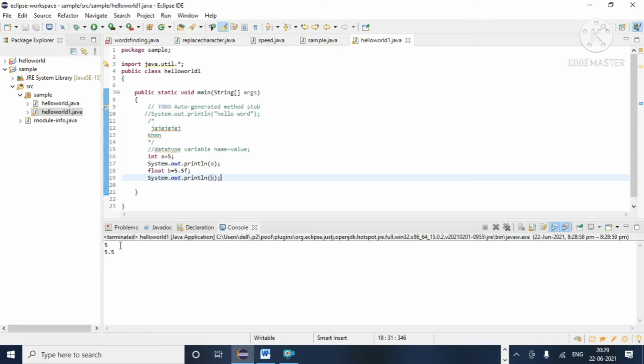Similarly, char c, char is enclosed within single quotes, 'a', and then sysout, then print c. Save and run. 5, 5.5 and a are printed here.